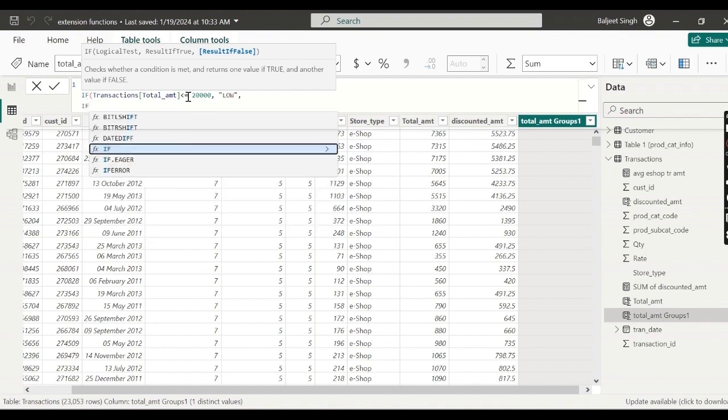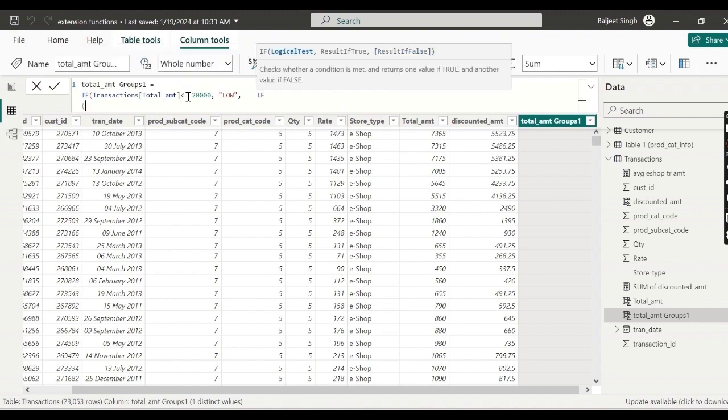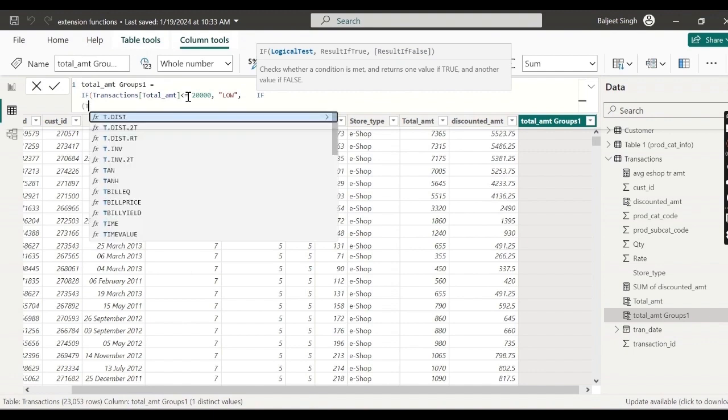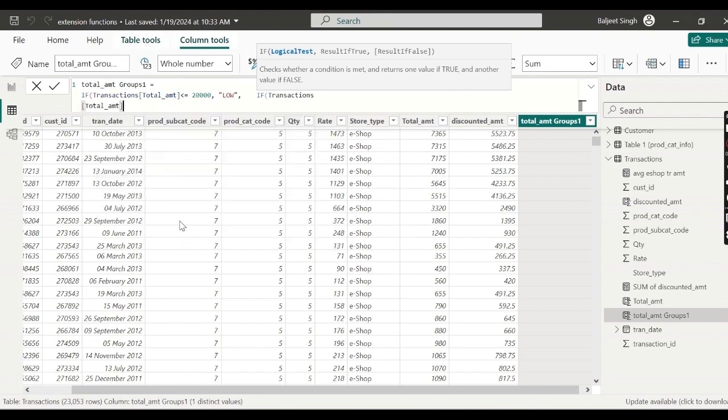If, same table, we will use if transactions total amount is greater than 2000,